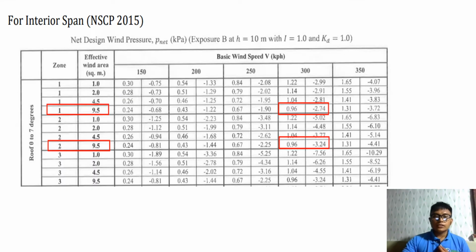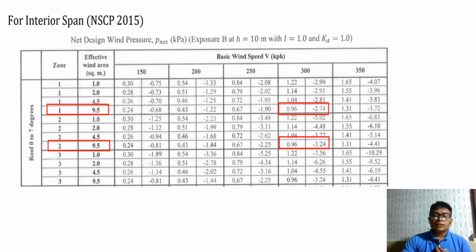The next one is to determine the pressure on the purlin. So we have the interior span of the purlin. For zone 1, since our effective area is 7 point something, we consider the higher effective area in order to be safe. So for zone 1, we have effective wind area of 9.5, and that will give us the windward pressure of 0.26 and the leeward pressure of negative